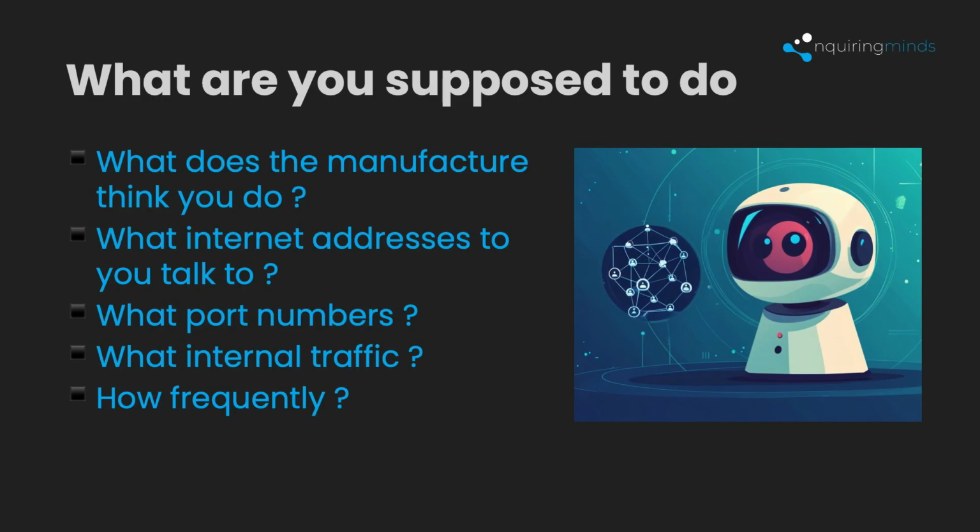What are you supposed to do? This is the basic concept of least privilege, or intent. If I've got a webcam, what addresses should it talk to? What port number should it talk to? How frequently should it talk? If I'm able to assert this as the manufacturer, then downstream entities are able to enforce or police it and make sure I'm not going outside of the envelope that I've declared for myself. So we'll talk a bit about where this is standardized, but there are things like MUD, manufacturer usage description out of the IETF, that do this very concretely and specifically.